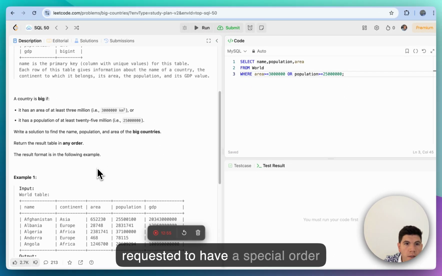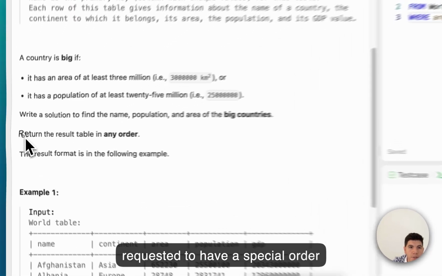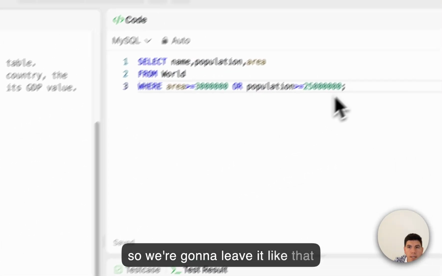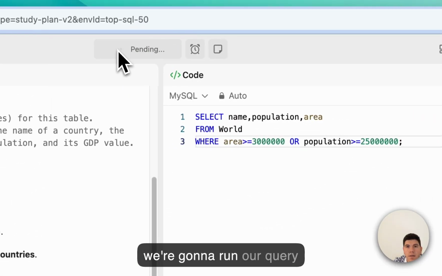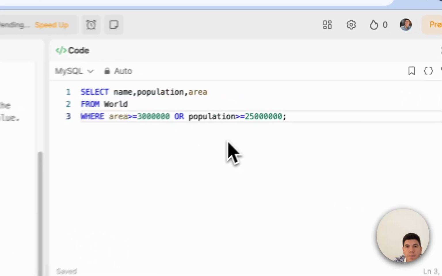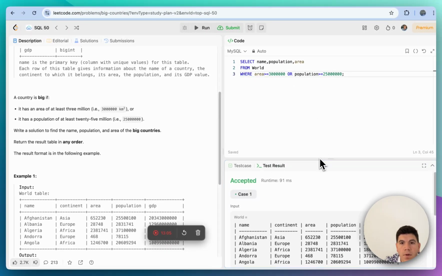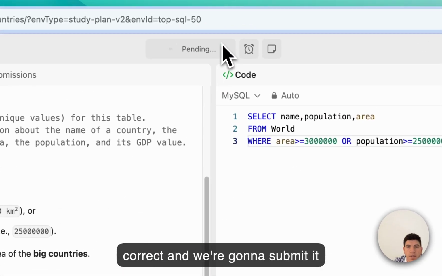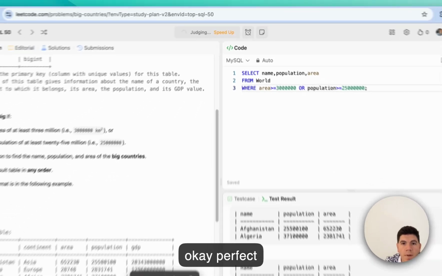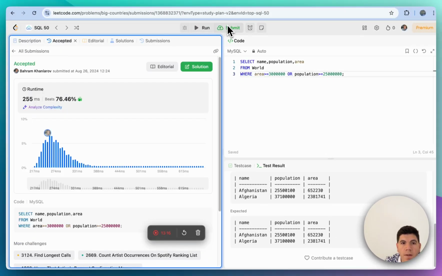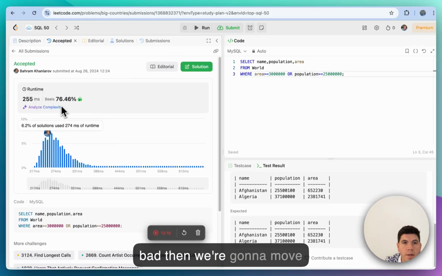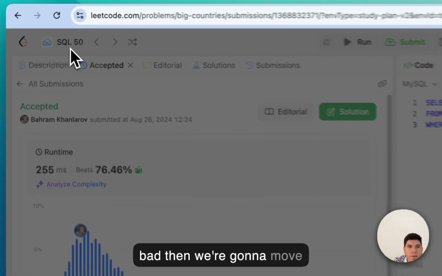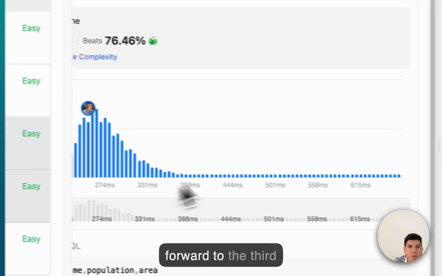Since we are not requested to have a special order, we're gonna leave it like that. We're gonna run our query. Okay, we check it, Afghanistan, Algeria, it's correct, and we're gonna submit it. Okay, perfect, not bad. Then we're gonna move forward to the